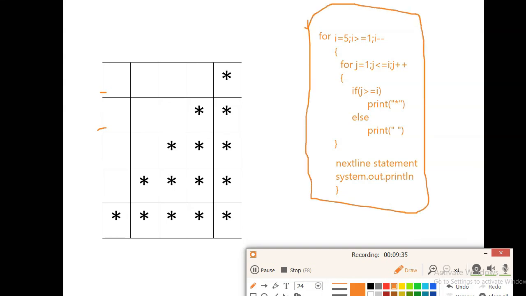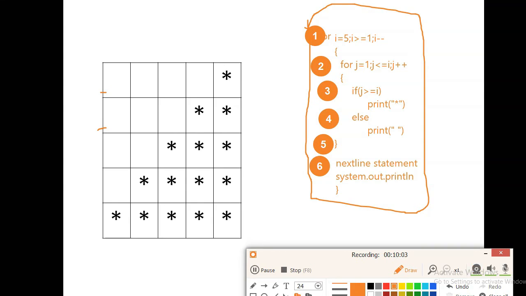Whatever we are writing here, it can be converted to English, a step by step process. This is my first step, this is my second step, third, fourth, fifth, sixth, total six steps.